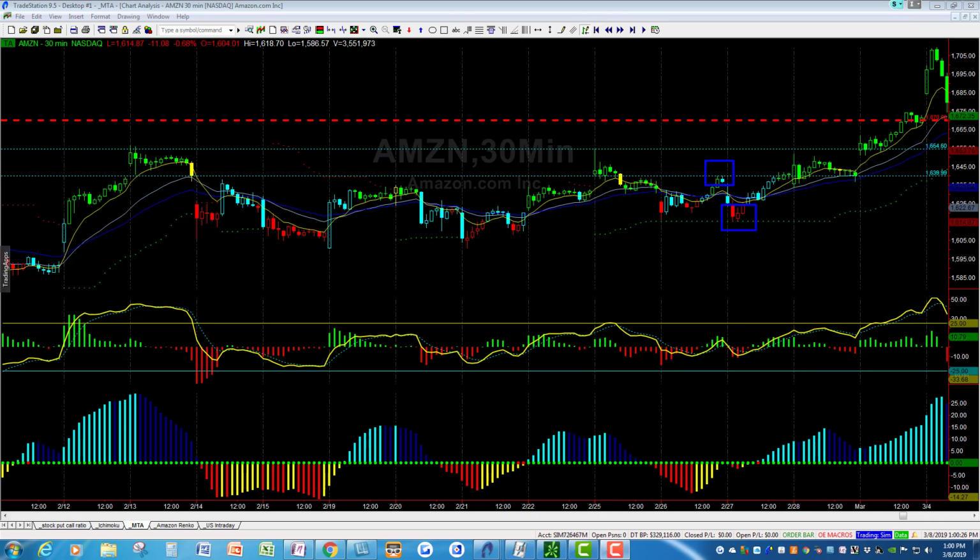So we had this secondary support that you can see right here at 1639. And what we did is we said, once we broke it, and we broke it right here, and we actually sent out a text message at like 7:49 that day to close this for 85 cents, which is the 35-cent loss, which is a $350 loss on the overall trade. Not good news, but that's the way you want it to go, because we didn't want it to stay in the market the full time. You can see we stayed in the market the full time and we closed above our short strike, and that would have incurred some max loss. So that's all about trade management and how that works.